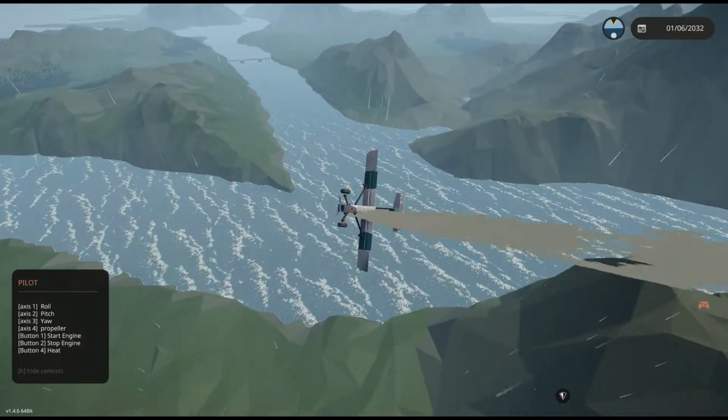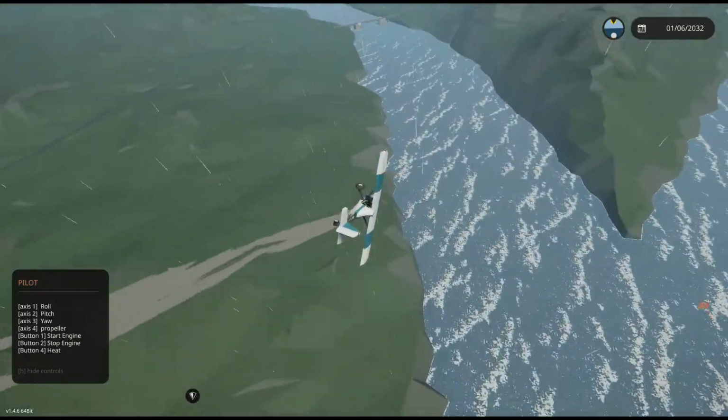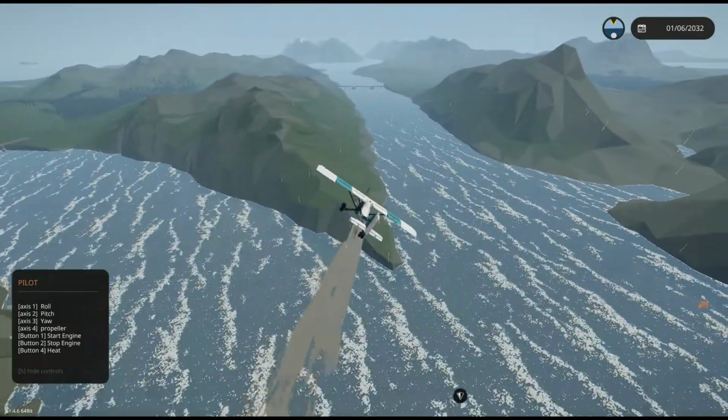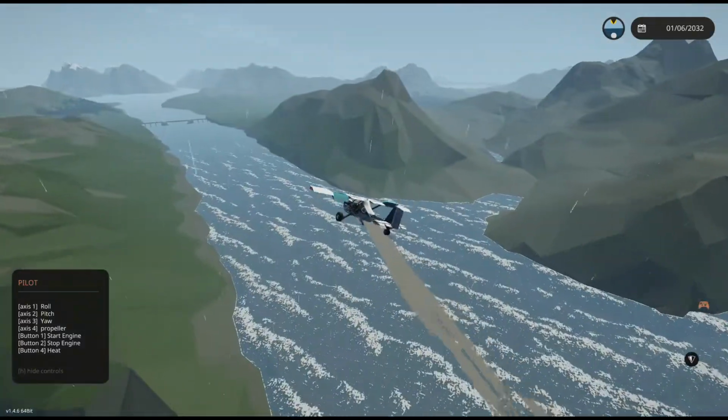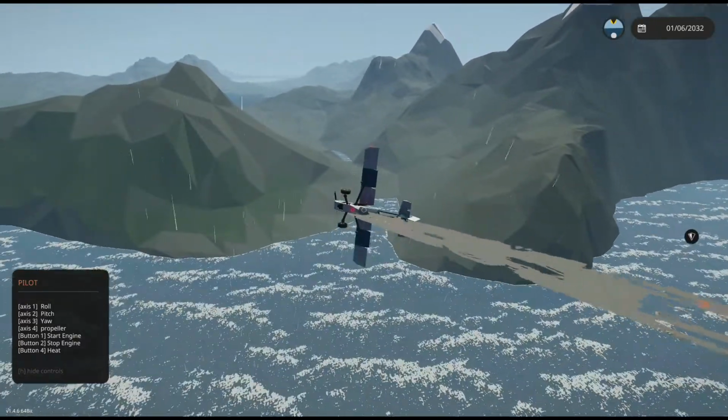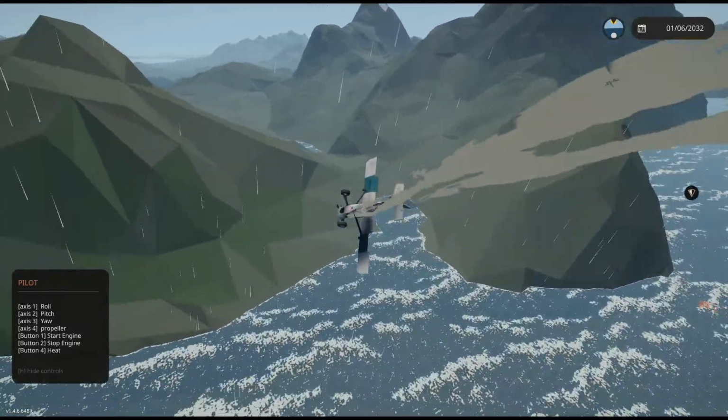So maybe you'd have an arching bridge that would touch ground there, and then cross here, and then go up this valley here,